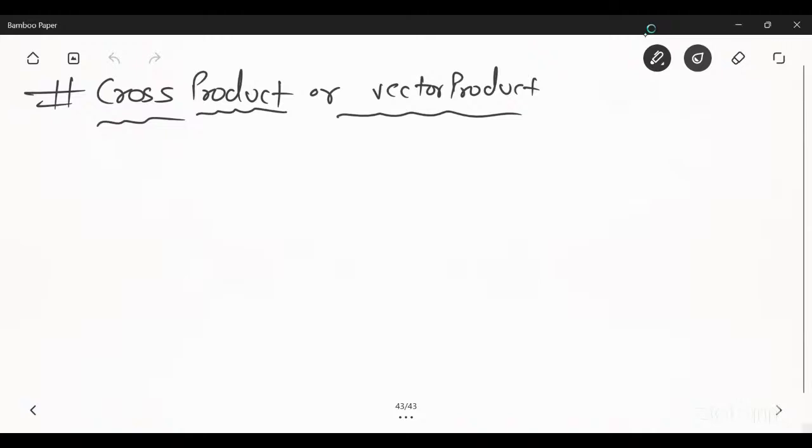So how can you find the cross or vector product? It is defined as the product